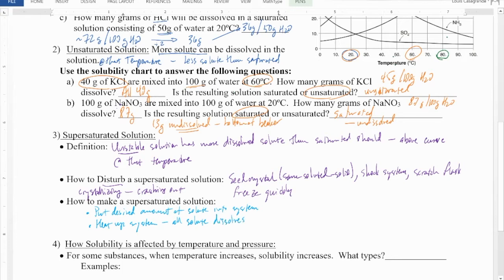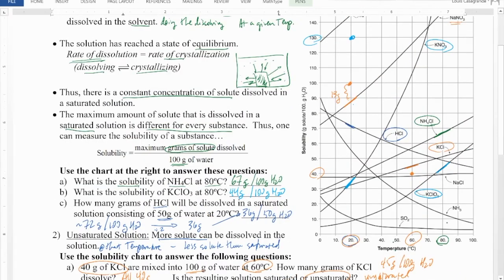So if we go back up to the potassium nitrate, we would have to heat it up to above, let's see, 130 grams would dissolve here. So we've got to heat it up to above about 68 degrees C. Now, just to be careful, we're usually going to put these in boiling water, and that's what I do with my heat pack that we saw in the